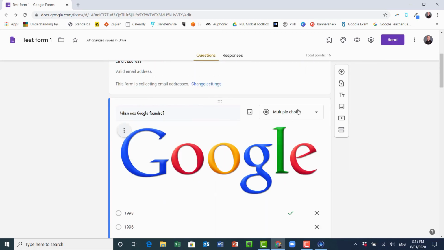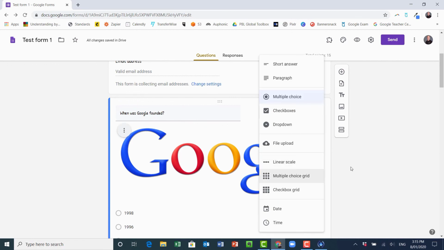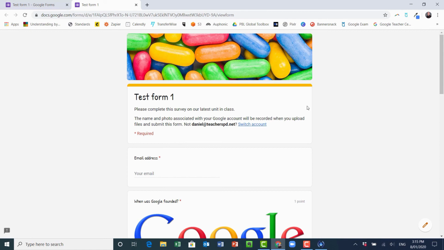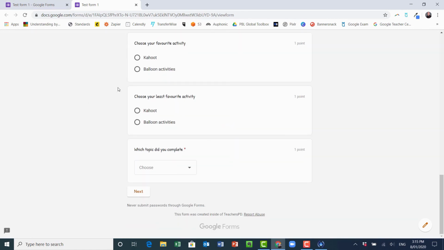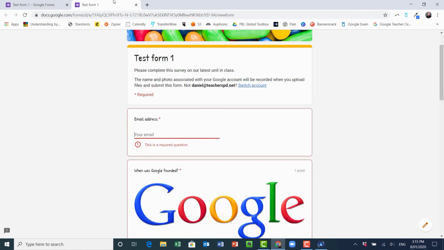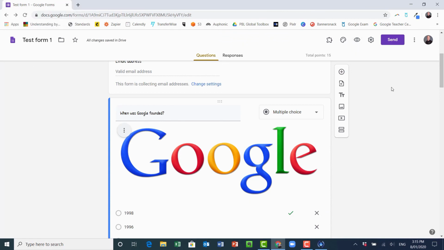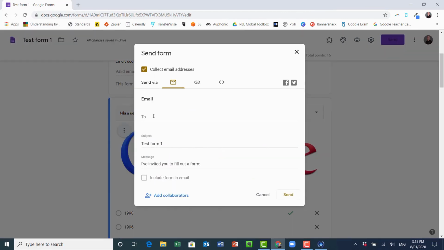Make sure you play around a bit with all your different types of questions and have a look at what they look like. If you're not sure, just click preview. This is what the form will look like when someone actually goes to fill it in. Okay, and of course you click next. Now I'm not going to be able to go next because nothing's been filled in, but you can scroll through and have a look. And finally you click send,